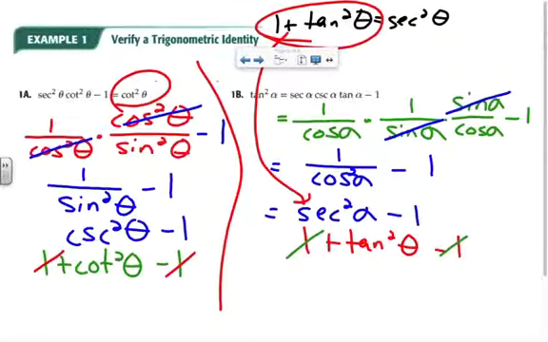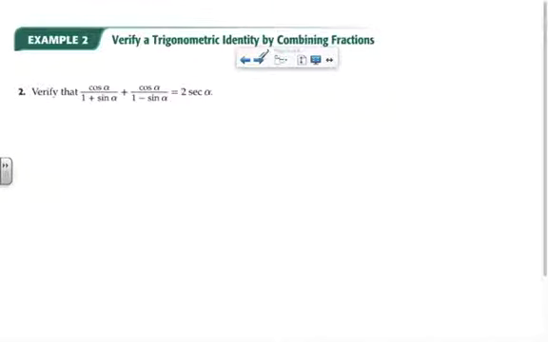My 1's cancel out. And I'm left with tangent squared of theta, which equals that left side of the equation that I was trying to bring it to equal to. When we have fractions, we're doing a lot of the same stuff that we did in the last lesson. We're combining fractions and simplifying it down so that hopefully we can get it to look like, in this example,